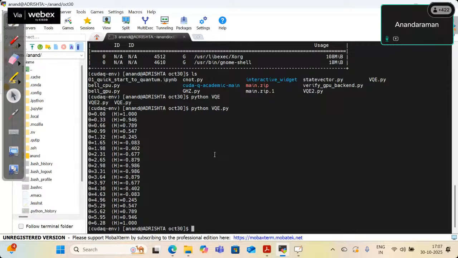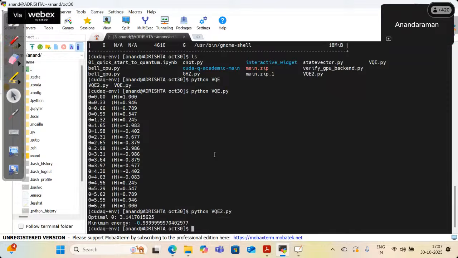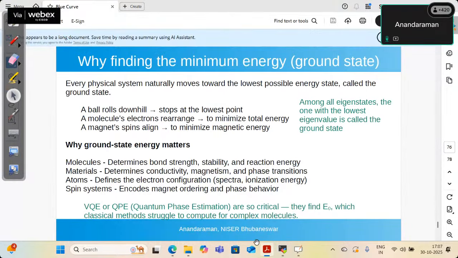I have another program, VQE2. In this angle, the lowest energy is achieved for this program. So why is lowest energy needed? Every physical system,